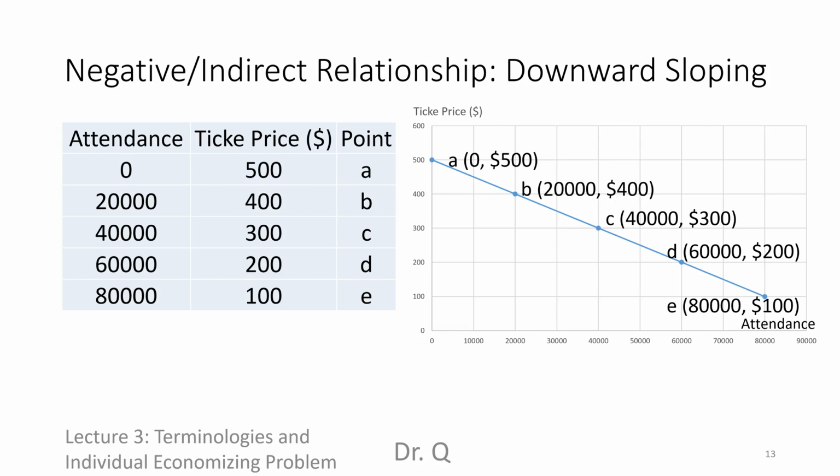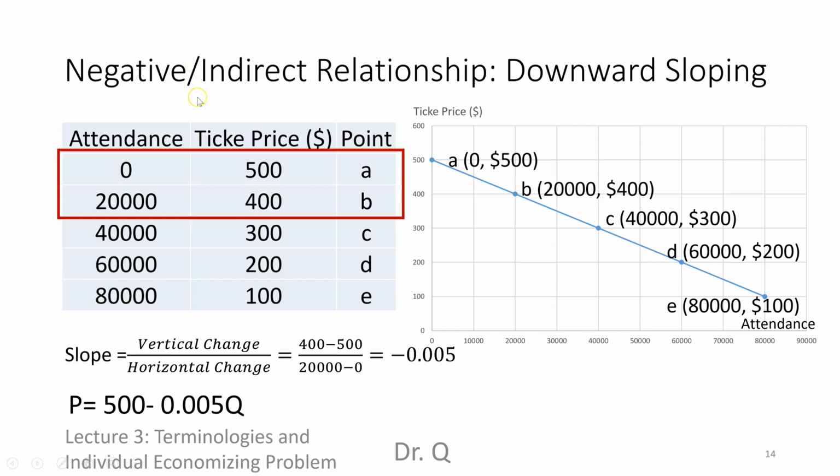If you have no economic training, you want to do a bit of a self-brainwashing and just memorize it. Let's look at an example. The relationship between price of a ticket and the attendance of a Carolina Panthers football game. The hypothetical data shows that when price is very high, at $500, that is going to discourage the majority of people from coming. When price drops, attendance increases, and when price is at $100, the stadium is at its full capacity.